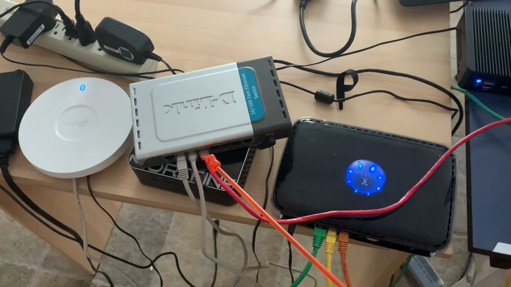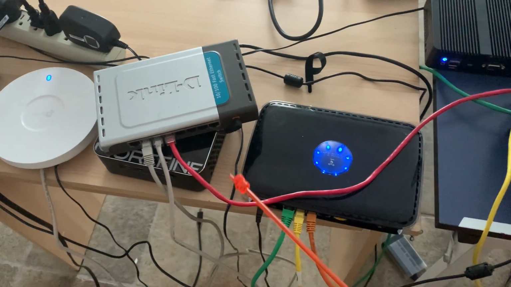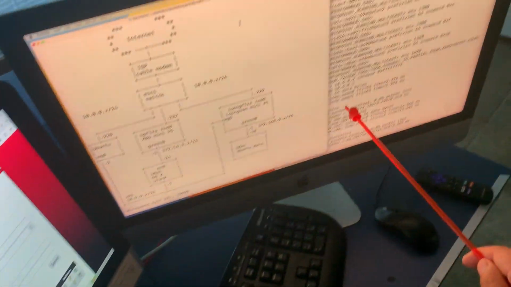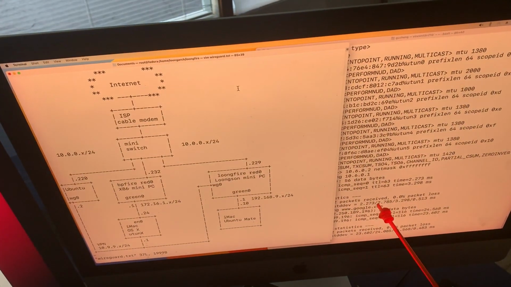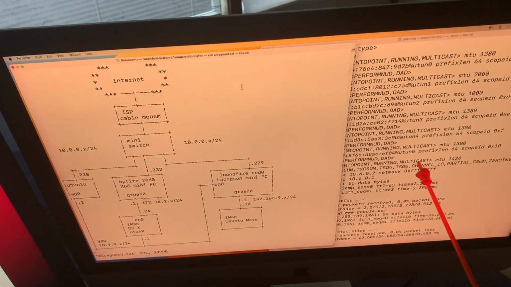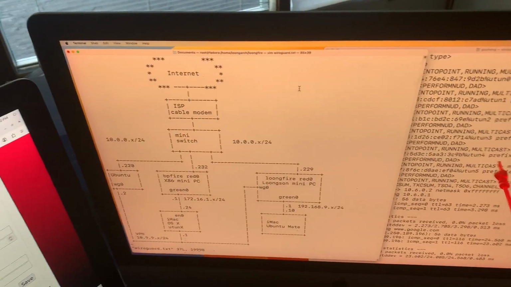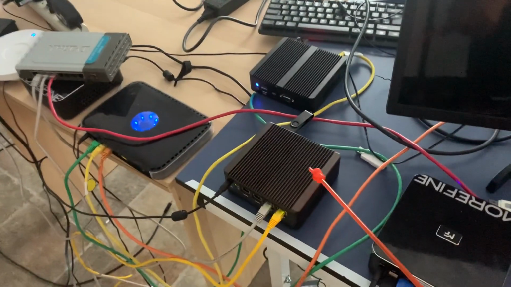So then it has a red cable connect all the way to this iMac. Okay, so this iMac will have internet access through this IPFire